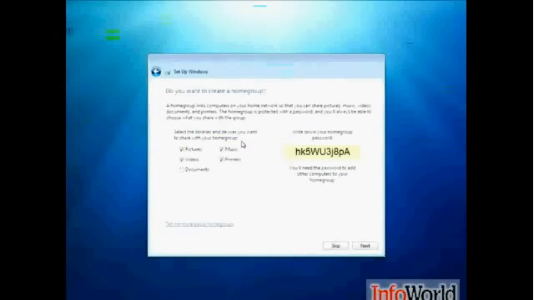Now we're asked if we want to create a home group. Now this actually is new. As you can see, it says a home group links computers on your home network so that you can share pictures, music, videos, documents, and printers. What it really does is, in Windows 7, it provides you a single interface to accomplish the sharing of all